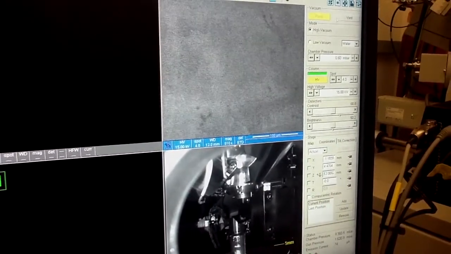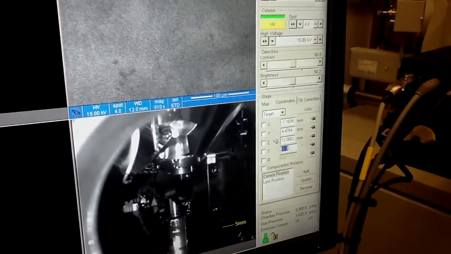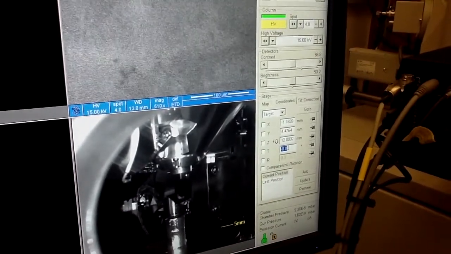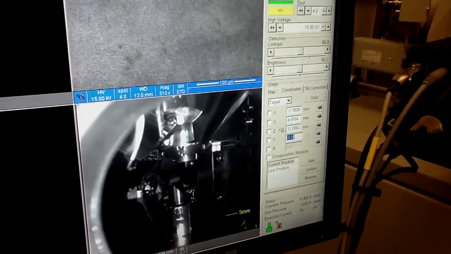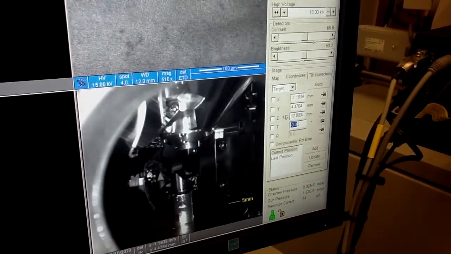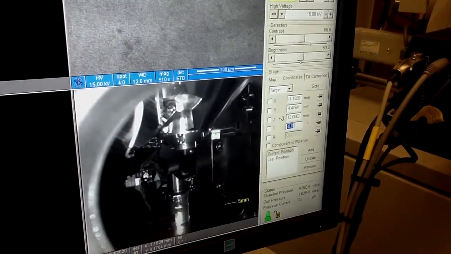Now we will go ahead and tilt our sample by 25 degrees. As I mentioned before, the angle the sample makes will have to be 70 degrees. We have already put it on a 45 degree angle stage, so we just need to tilt it by 25 degrees more in order to get that 70 degree angle.